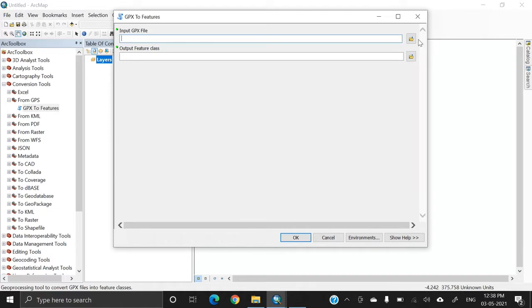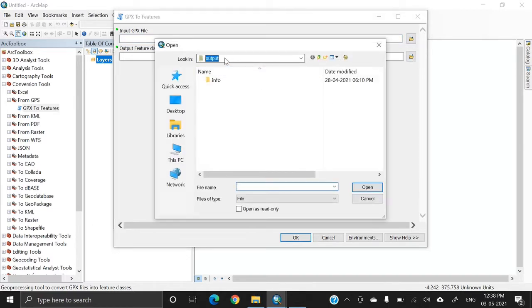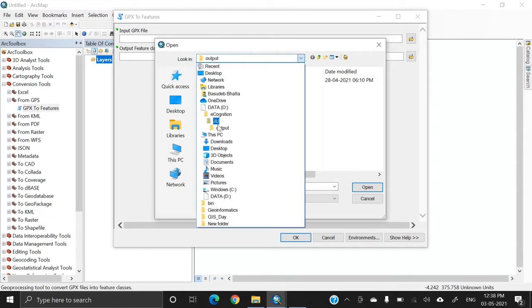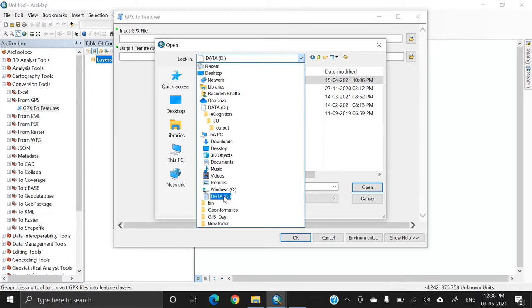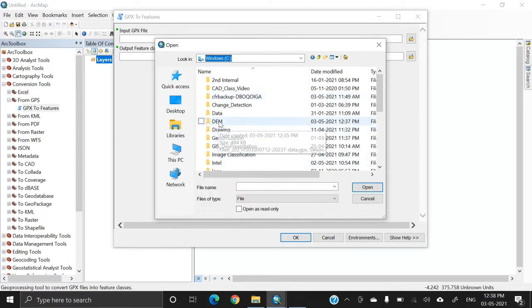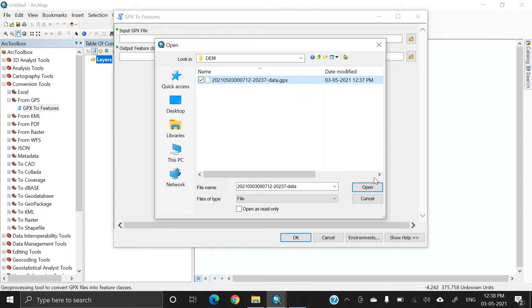In the input GPX file, select this GPX file from the DEM folder.